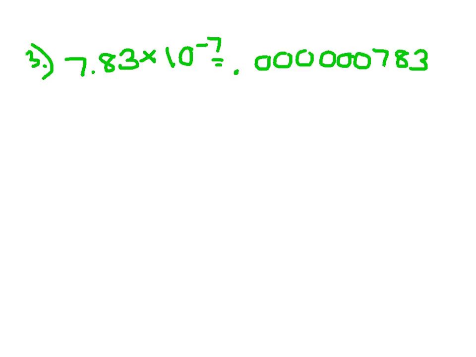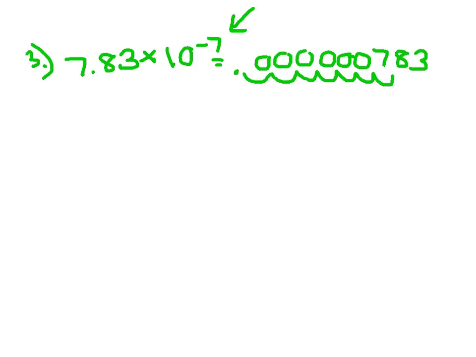Okay, now let's go backwards and we're going to start off with a number in scientific notation, and now you're going to write it in decimal form. So for example, this is practice problem number 3. Go ahead and write this in its decimal form. Pause the video. And you should have gotten the following number, 0.000000783. And you want to just double check to make sure that you've moved your decimal correctly. So I'm just going to count 1, 2, 3, 4, 5, 6, 7